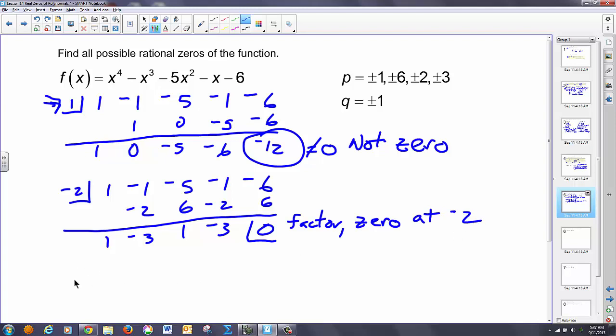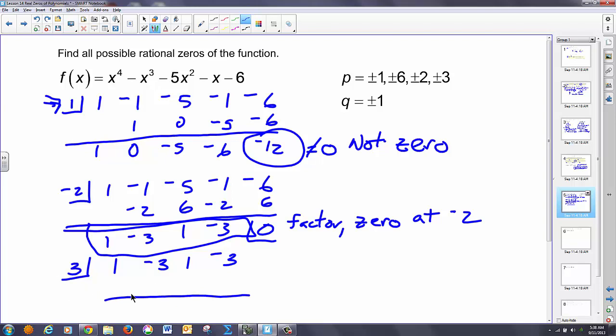Just do another one for kicks. Let's guess at, I'm going to go 3. Now, here's what I'm going to do instead of plugging this into the function that's originally here. If I know negative 2 is a factor, then when I write out my factored function, this is what's left after I divide x plus 2 in. So I'm going to divide into this new function, and if 3 goes into that, I know 3 is a factor as well. So I divide, get a positive 3, 0, 0, 1, 3, 0. What do you know? This is also a factor,